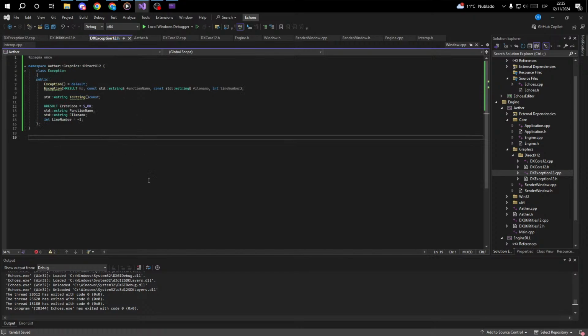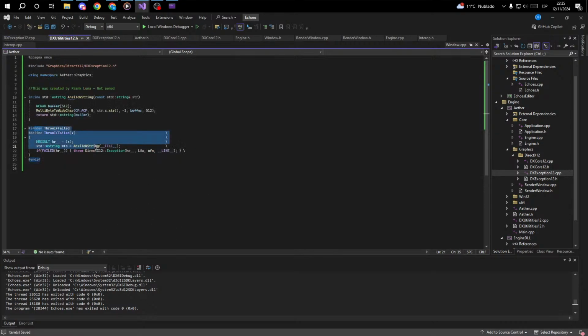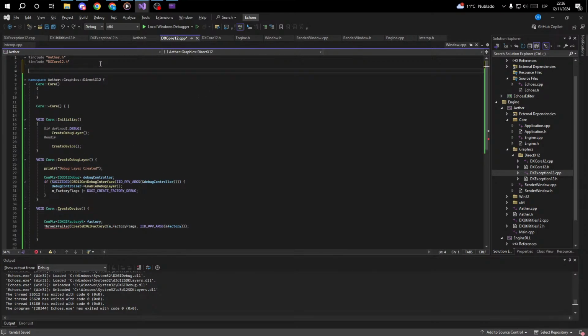DirectX12, DirectX12, that works there, that works there. Go back into our utility class, which means our throw if failed works, and come back into here. Our throw if failed is not working, but that is because we have not included